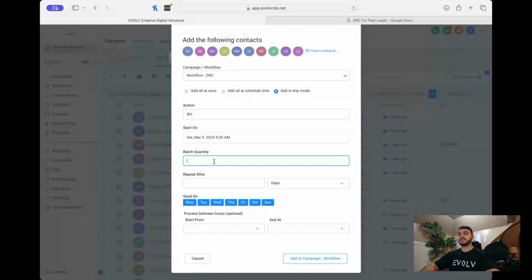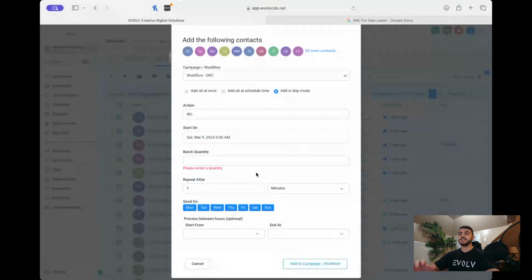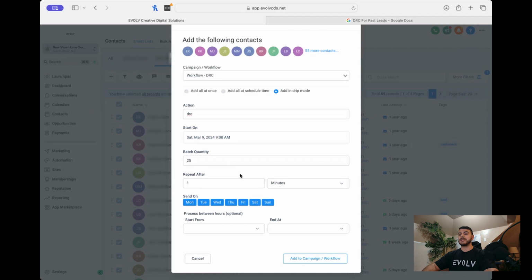Batch quantity basically means how many people will be added to this workflow at once. So if you have a list of 100 people, then you can make your batch quantity 10. And if you have it repeat every minute, that means 10 people will receive this every minute. So in 10 minutes, all 100 contacts will receive this. If you have a larger list, you might want to have a higher batch quantity. But again, you don't want to surpass around 25. Now what's going to happen is every minute, 25 people will be added to this workflow until everyone's been added